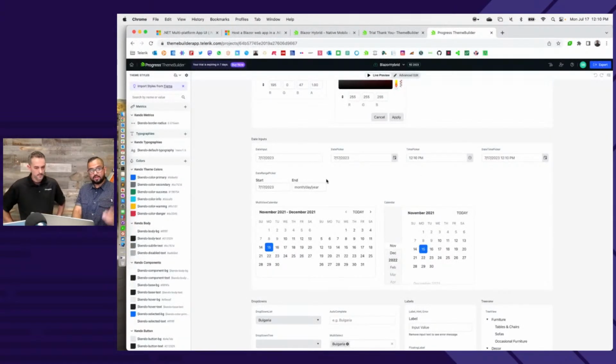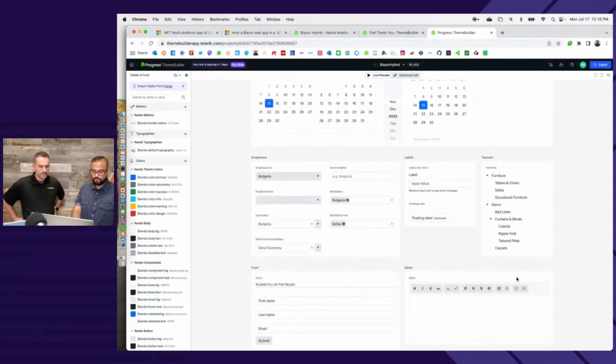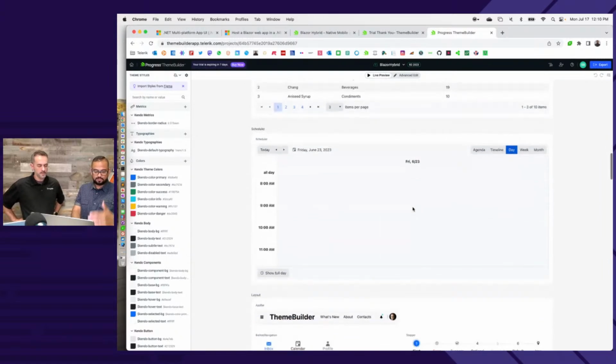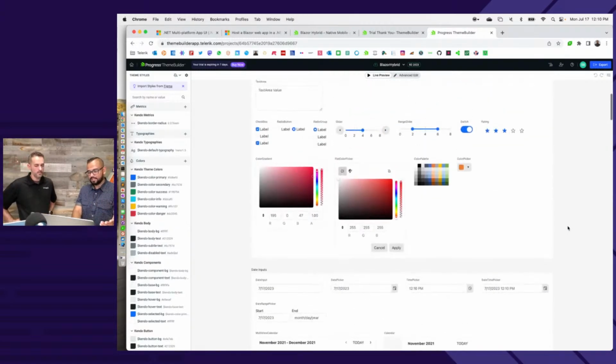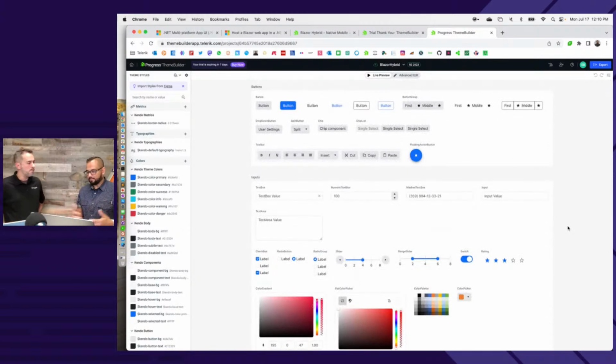Okay, so envision your Blazor web application having text boxes and date pickers like this, or calendar UI, or dropdowns, or tree views, or editors, or grids, and all of this has its own styling, right? So you can start with the default styles, but this one has 4 design systems built in: Material, Bootstrap. Remind me what the other 2 are. There's a default, Fluent, and default. So you can start with those base colors, or you can start customizing on your own, because your app needs to look like your app.